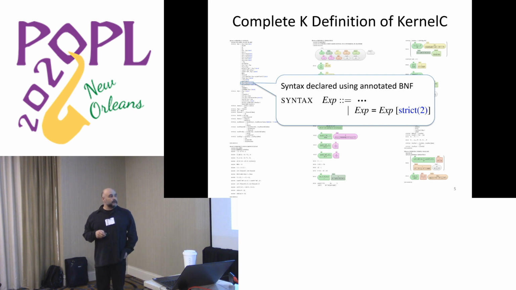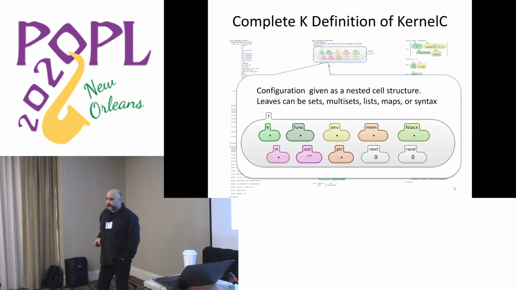So we developed a whole collection of notations like this. This is not the only one. There are many others that you use to annotate the syntax, and they immediately have semantic counterparts, but you don't have to worry about defining those yourself. Then you need a program configuration, and the approach to define program configurations in K is like in the chemical abstract machine.